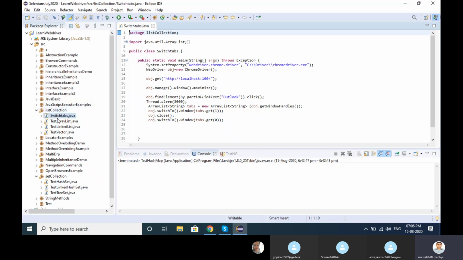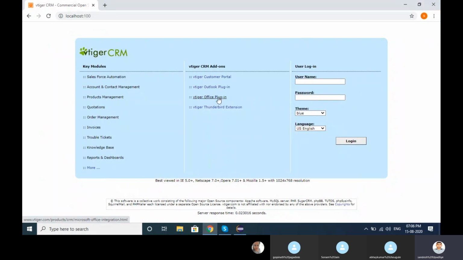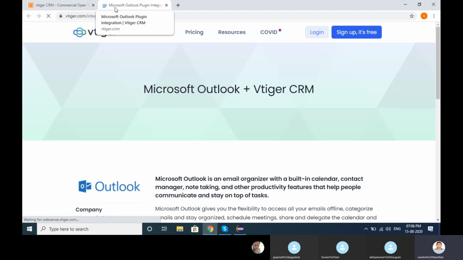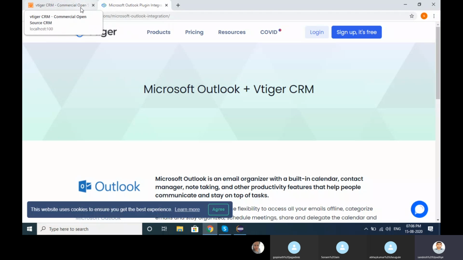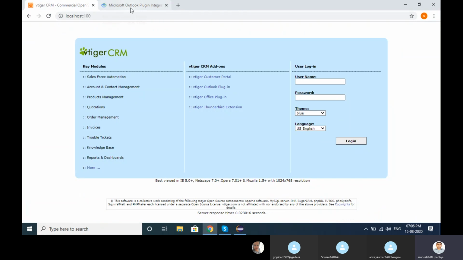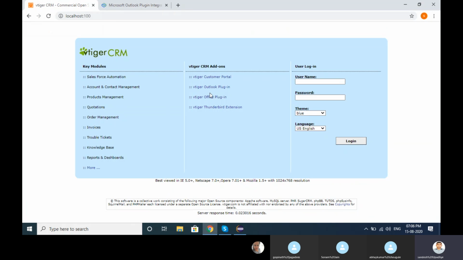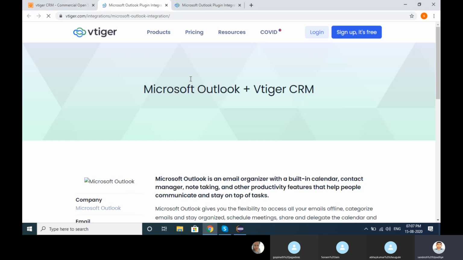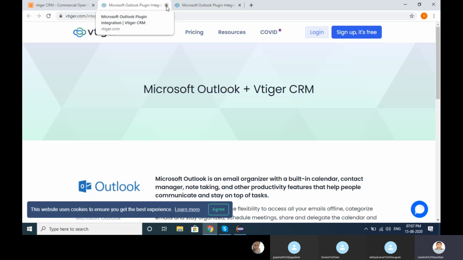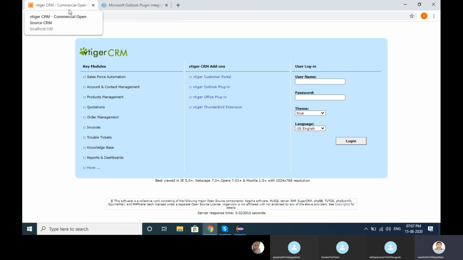What I want to tell you, we saw the list interface which has duplicate values. What happens when we have multiple tabs? Let's say suppose I click on Outlook, I'm opening a duplicate tab, right? So these tabs are similar, correct? And when we want to work on a real-time example with these applications, I want to check whether this Outlook hyperlink is not broken and it should work. Then in the automation perspective, I can click here, this link will open in a new tab, then I want to close this tab and come back here.